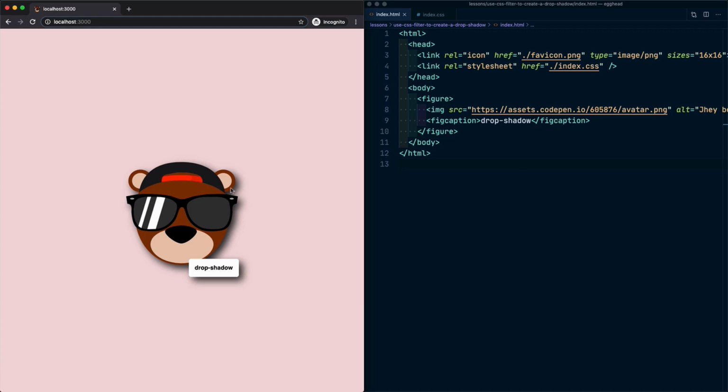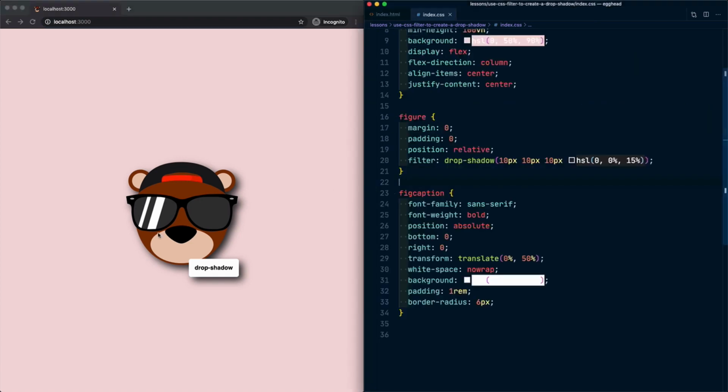We can apply a drop shadow to any element. Here we've updated our image to be enclosed within a figure tag, and it also has a caption. Instead of applying the drop shadow to the image, we now apply it to the containing element, which is the figure element. We can see how that drop shadow follows the outline of the figure element's children, the image and